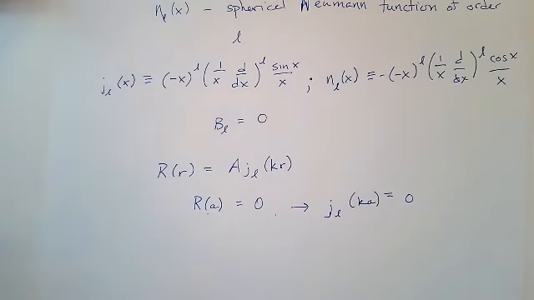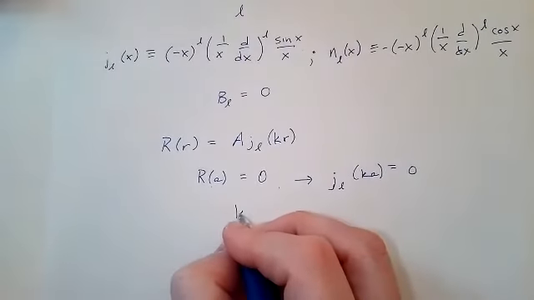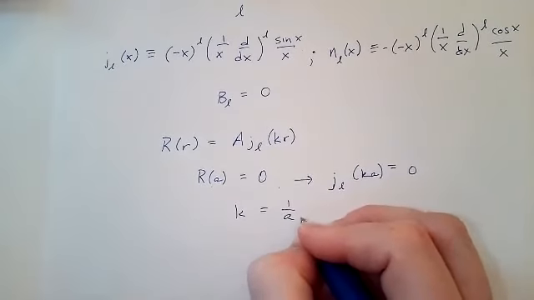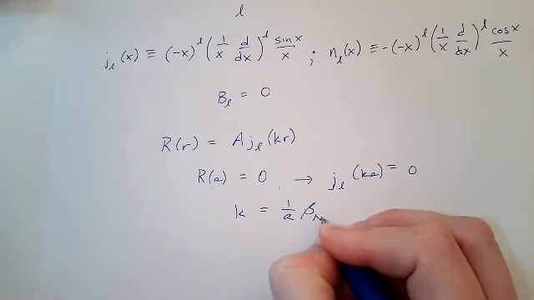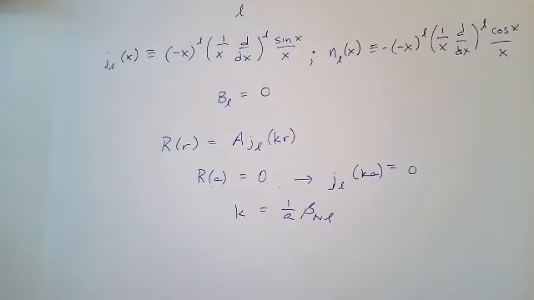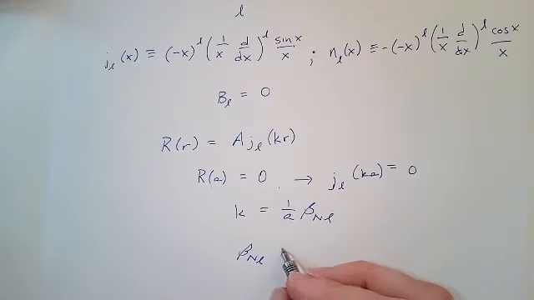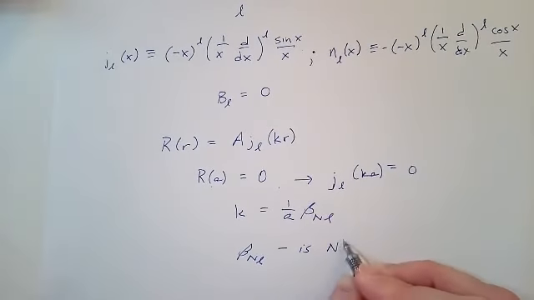So the boundary condition requires that these k's, we'll call it beta_nl,